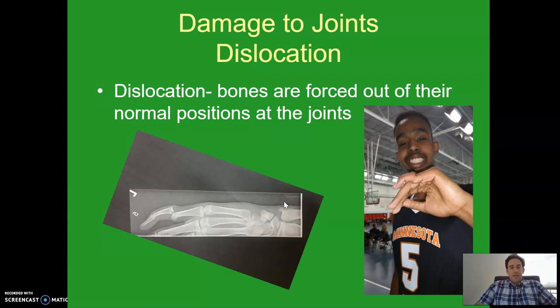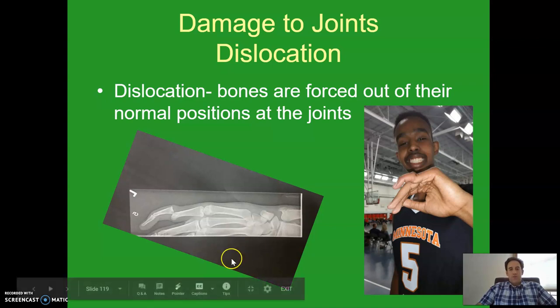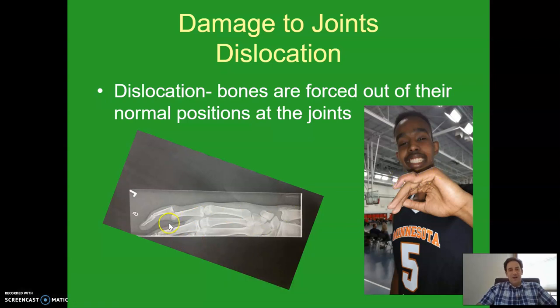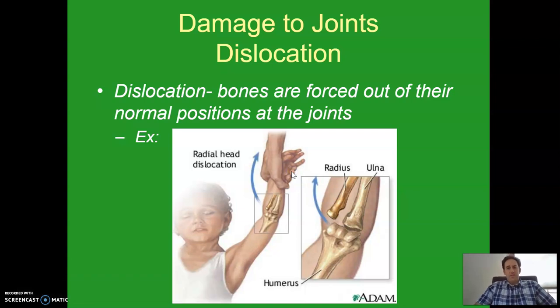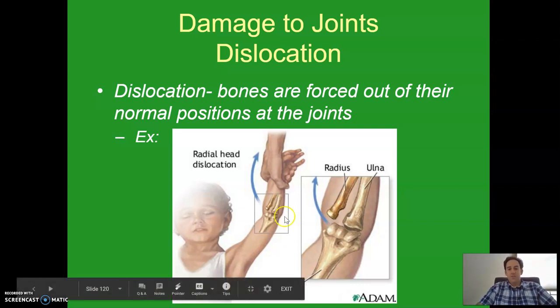So the final damage to a joint is a dislocation. A dislocation is where bones are forced out of their normal positions at the joint, and so you can see that. Ooh, that's not good, and you can see that there as well. A common dislocation to be aware of is in little children, where the radius attaches is fairly weak. And so if you're babysitting somebody and you're doing those games, you like swing them around by their arms, or they're sort of running up your chest and you flip them, all these things, or swinging them between two adults, all those things put stress on that,